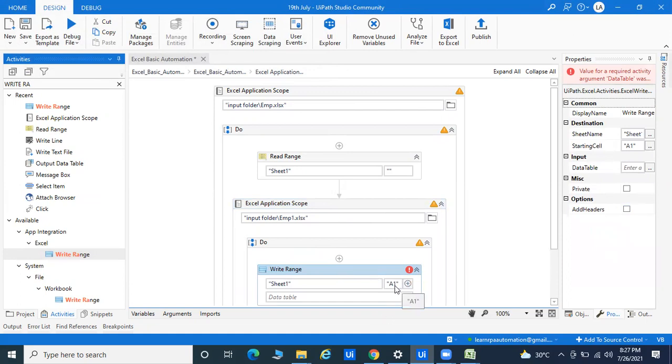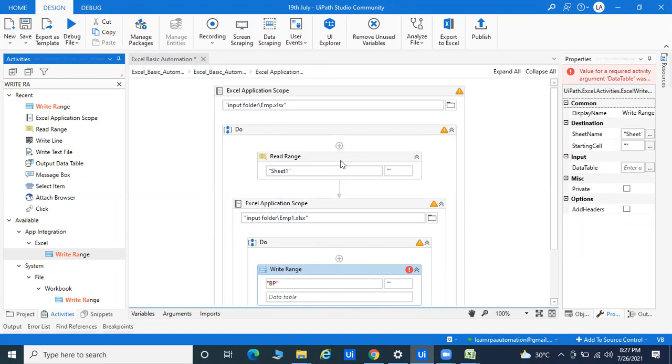Okay, so then what will happen, I can show you. By default that is not enabled. Sheet1, by default you will get Sheet1. If you want to change it to BP, definitely you can change it, whatever you want. And right now I'm going to pass the data. It's asking for the data table. You can see here it's asking for the data table, so it will always take your data table.